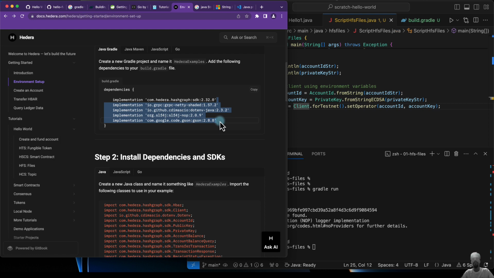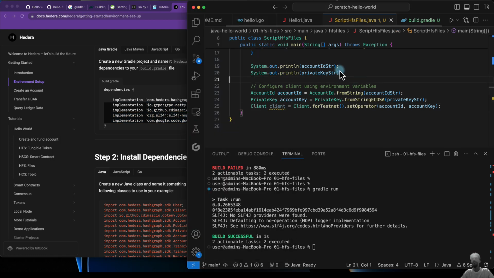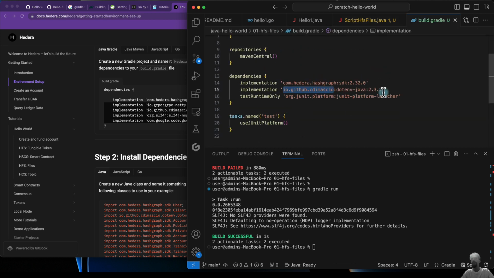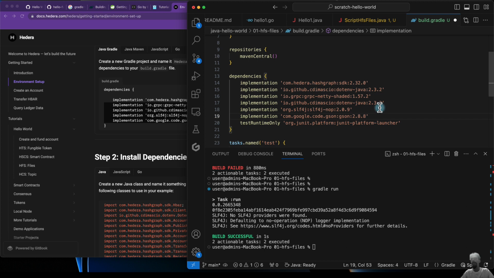So we need build.gradle, and then remove that one. So that's for the Hedera SDK, that's for Java, that's for